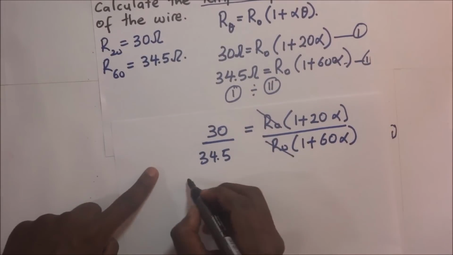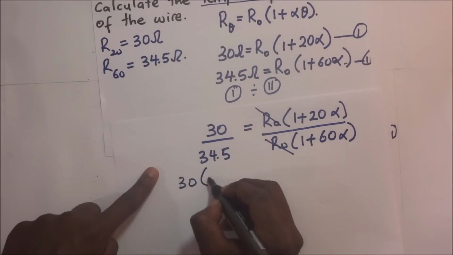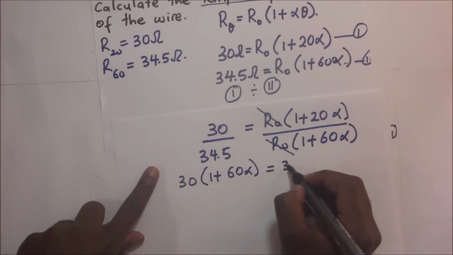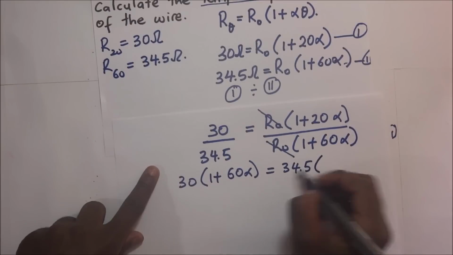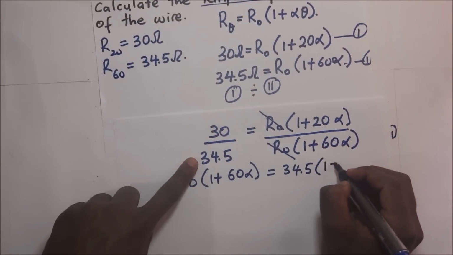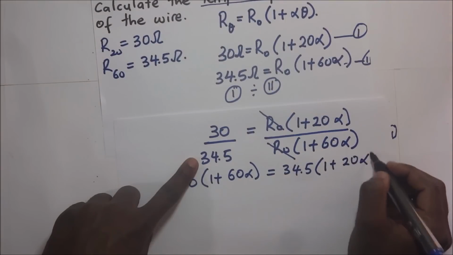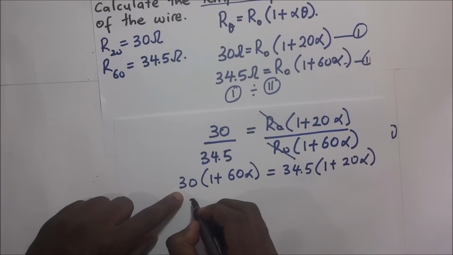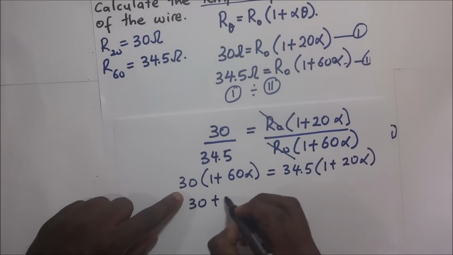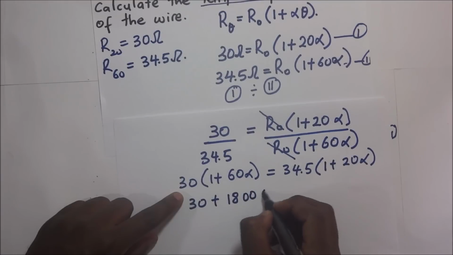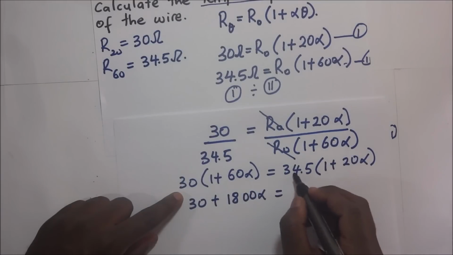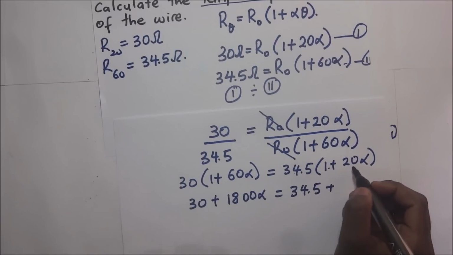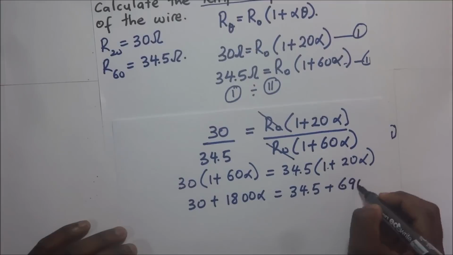We cross multiply, that becomes 30 into 1 plus 60 alpha is going to be equal to 34.5 into 1 plus 20 alpha. So when we open brackets, it becomes 30 plus 1800 alpha is going to be equal to 34.5 plus this times that is going to give us